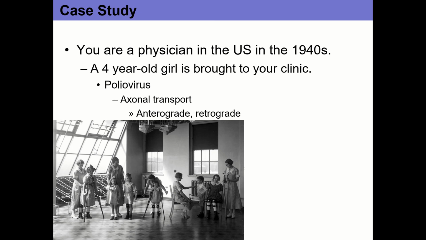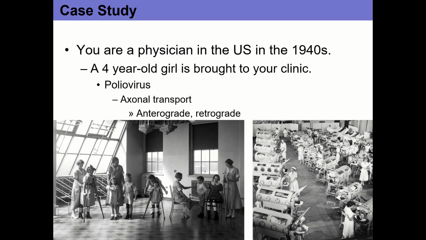Obviously, they're both viruses. So only about a quarter of people actually had symptoms, and of that quarter, about 1% of them had paralysis. And of those people who were paralyzed, the ones who died, the paralysis had to be fairly high in the spinal cord. So if you get to the C3 level,